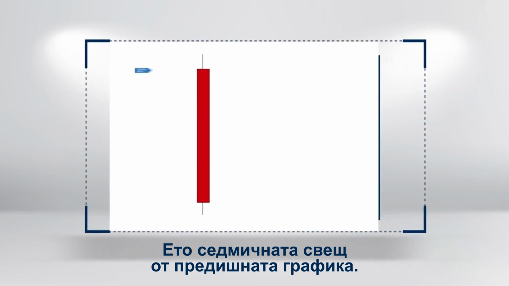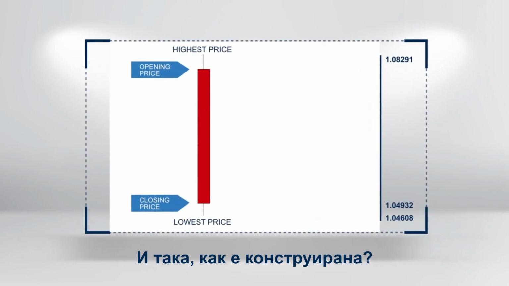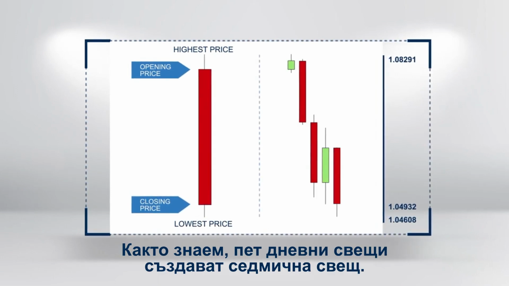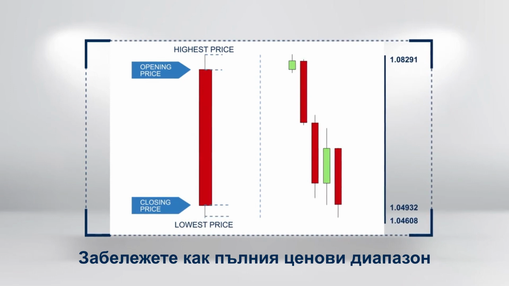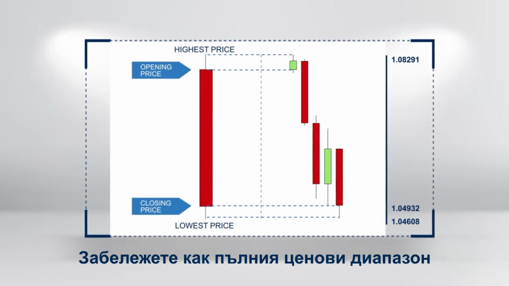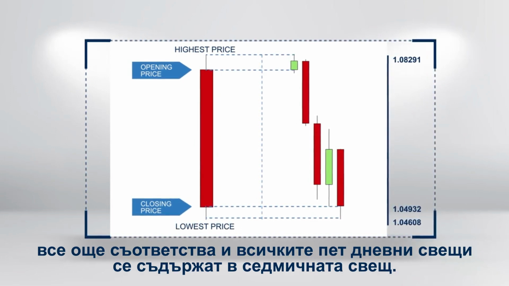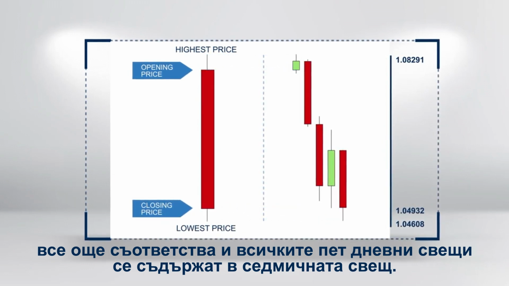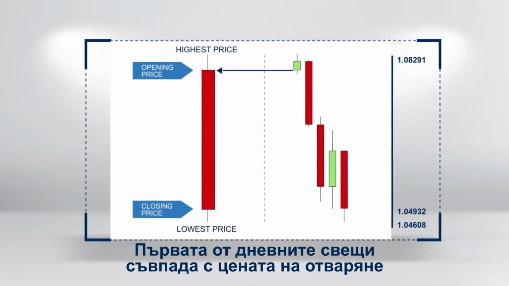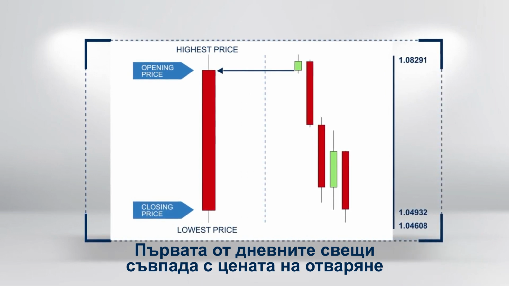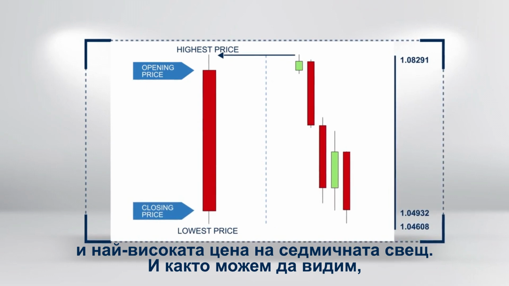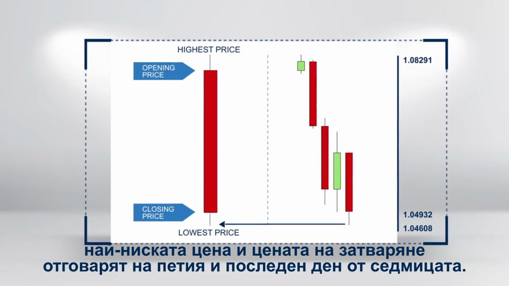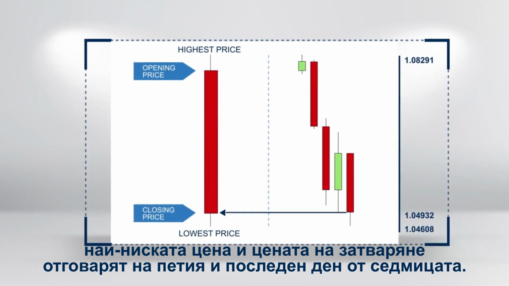Here's the weekly candle from the previous chart. So how is it constructed? Well, as we know, 5 daily candles create a weekly candle. Notice how the four price levels still correspond, and all 5 daily candles are contained within the weekly candle. The first of the daily candles matches the opening price and the highest price of the weekly candle. And as we can see, the lowest price and the closing price were both set on the 5th and final